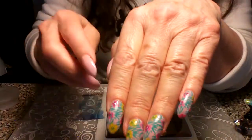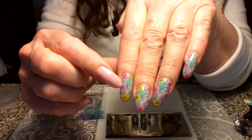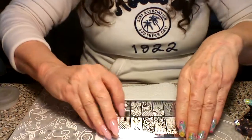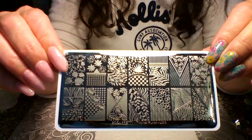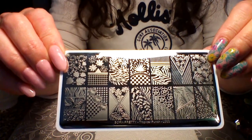Hi guys, today we're going to do this mani. Well, I'm going to show you how I did this mani right here. And I did lead lighting, to color in the flowers. So I used this plate right here, my new Born Pretty one. And I already did a review on this, so if you look under tutorials, and it's Born Pretty's